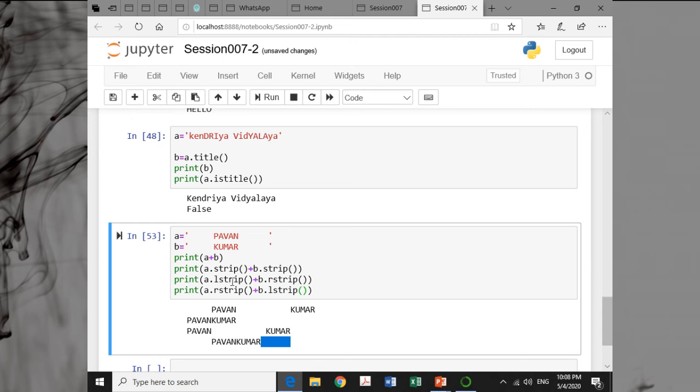Now when we use the strip function without any argument, it simply removes unwanted blank space.